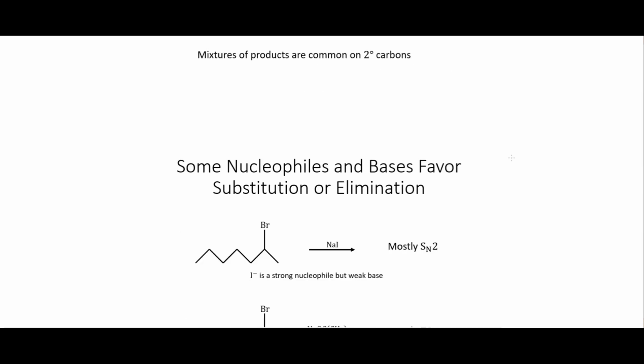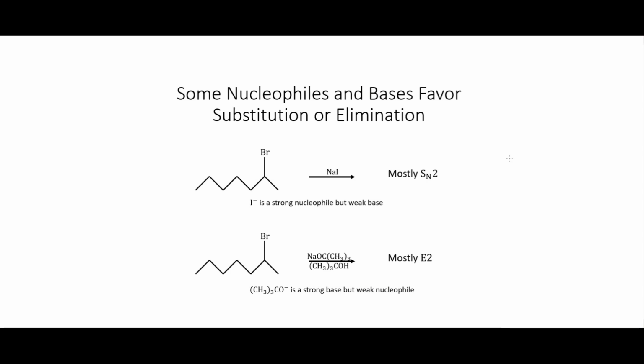All right, so some nucleophiles and bases favor substitution or elimination, and so this has to do with the nucleophile or base rather than the substrate. So above we were talking about how the secondary carbons on these substrates are going to be a mixture, but the way we can sort of control for whether it is a substitution or an elimination is with the nucleophile. So if we want mostly SN2, we want a strong nucleophile but a weak base,